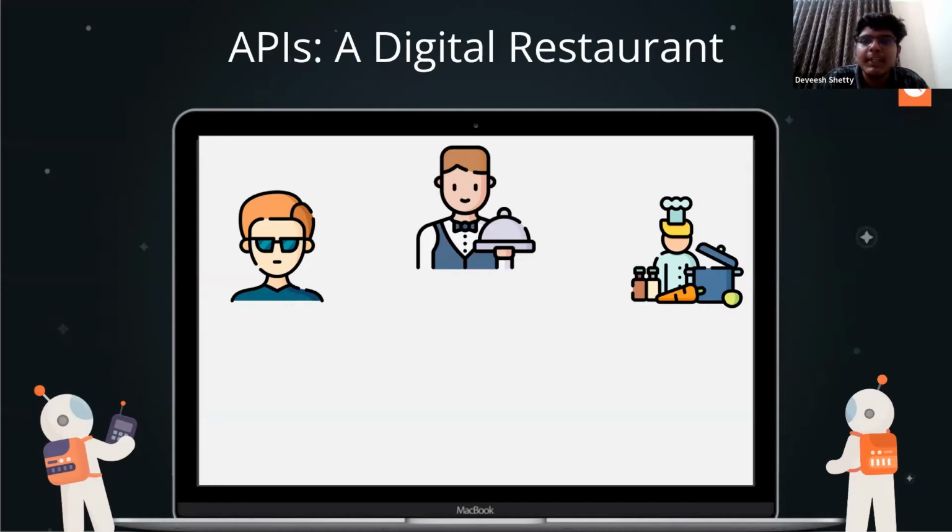There, you want to eat something. So obviously, you'll go to a restaurant to eat. So what will you do? You will sit at the table, or will you directly go to the kitchen and order things? You won't directly go to the kitchen, right? So you will be sitting at a table. Then a waiter will come to you and give you the menu card. Then he will ask for your request, what you want.